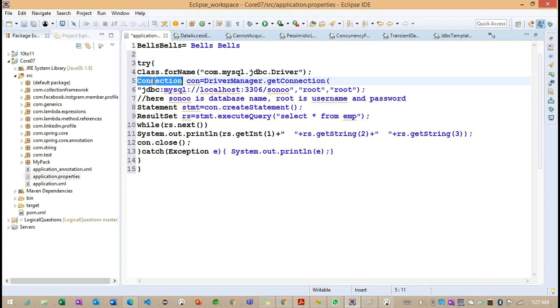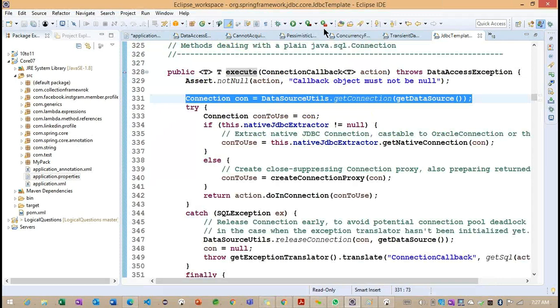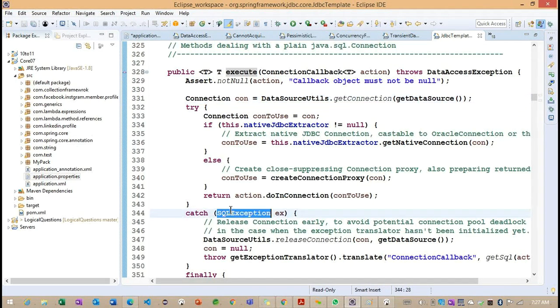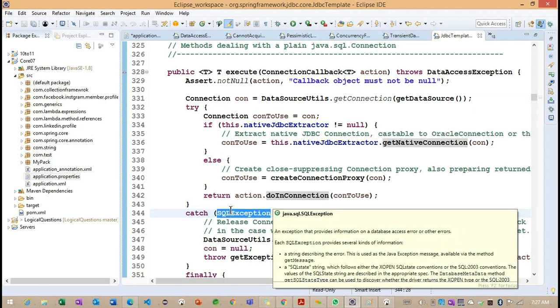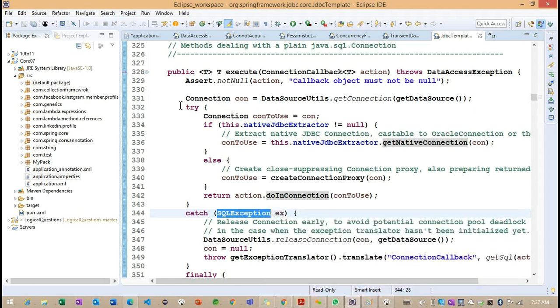But with Spring JDBC, the connection is handled inside this JDBC template class. Now you can see the connection, the SQL exception, and the try and catch block.